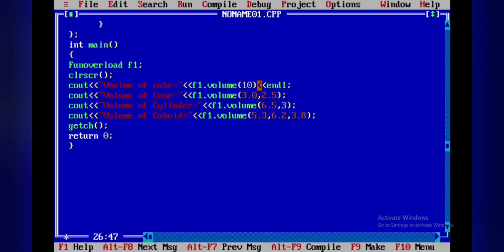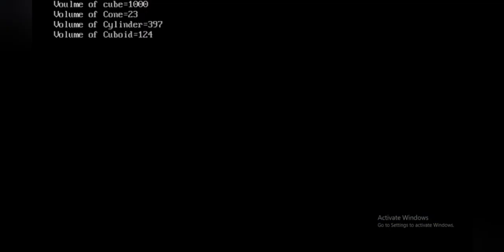So if I use endl with every line, then it is going to display on separate lines. You can see here volume of cube is 1000 and volume of cone is 23 and volume of cylinder is 397 and volume of cuboid is 124.